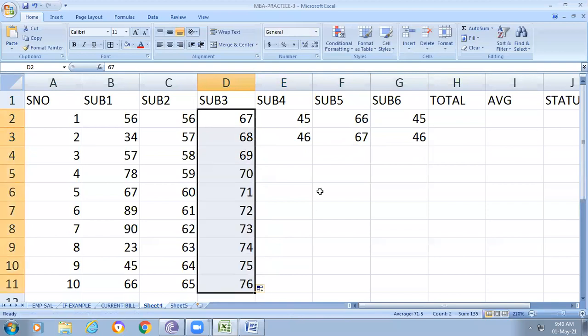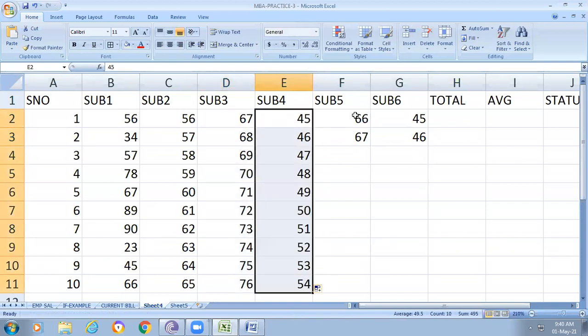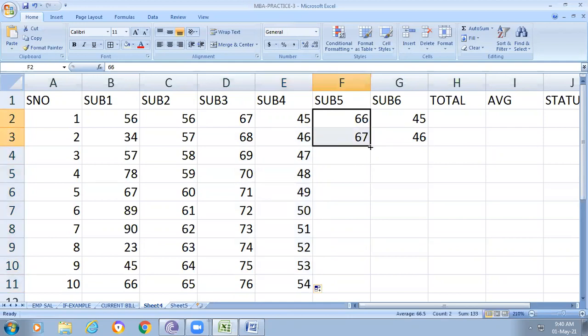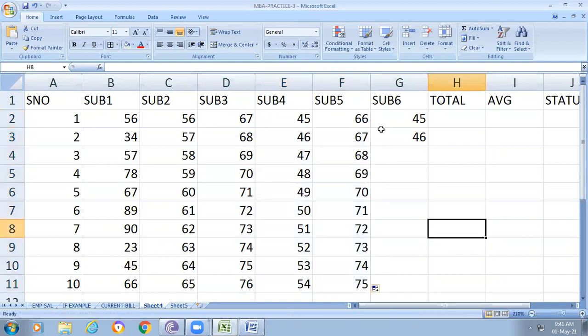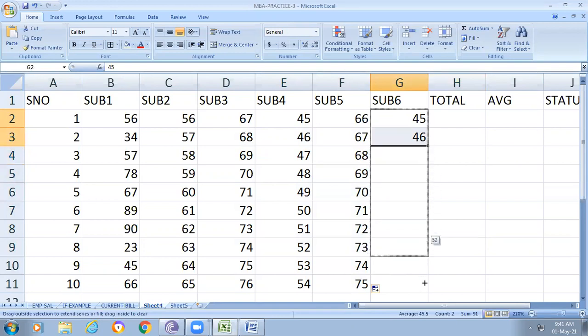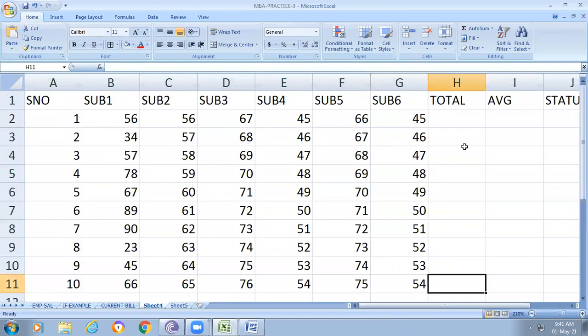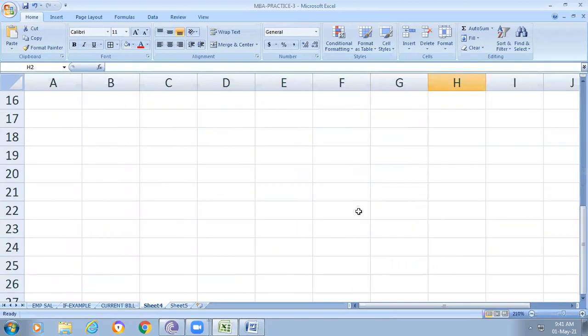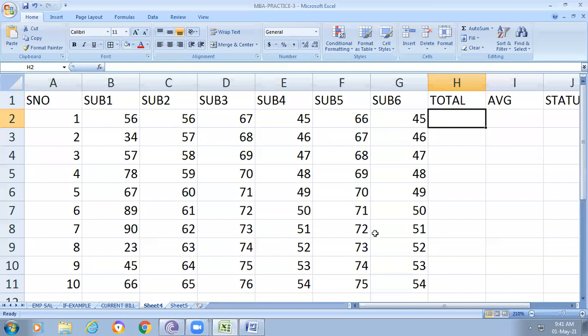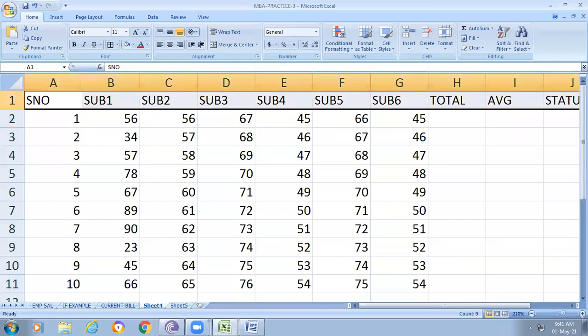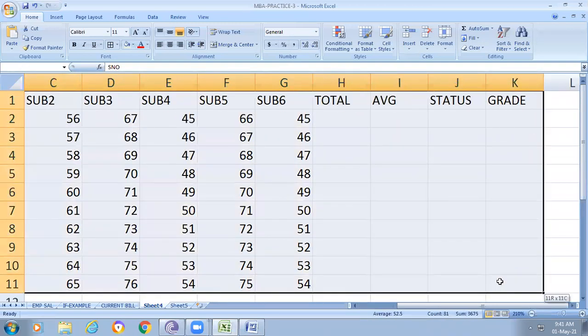So just expanding this. I don't have time to explain clearly, so that's why I'm going fast. We'll discuss it in the next class, so don't worry about this. If you don't understand clearly, I will explain in the next class also. So here I first consider the marks of the students. Now I try to form the table.